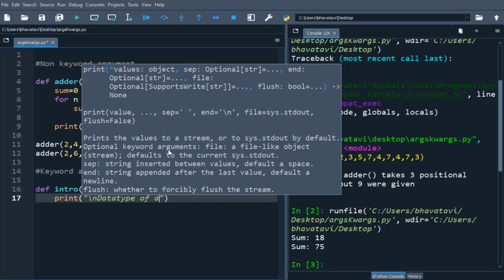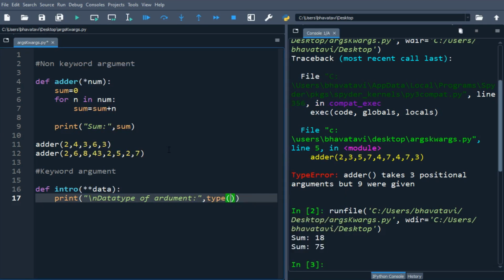Okay, and then I will just put the type of the data.